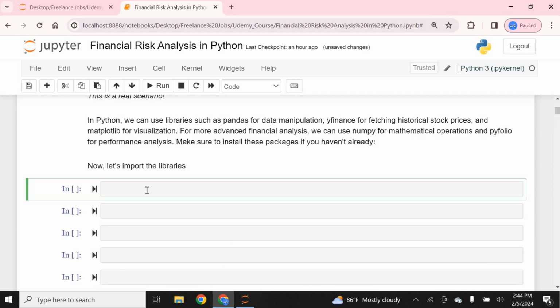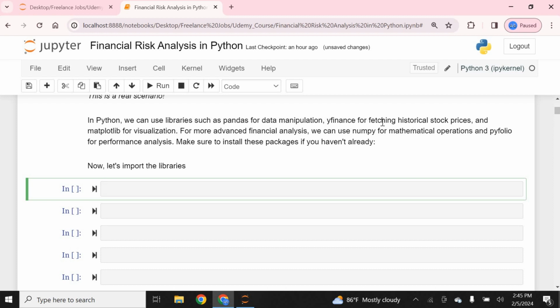So we'll be using Python, and in Python we can use libraries such as pandas for data manipulation, and yfinance. If you don't have the yfinance package already installed on your computer, you will need to install it. If you are using Anaconda, just type the Anaconda install command for yfinance, and also you will need PyFolio for performance analysis. So just install them. I believe you know how to do that. If you don't, just check on Google. So you will have to install those, and then